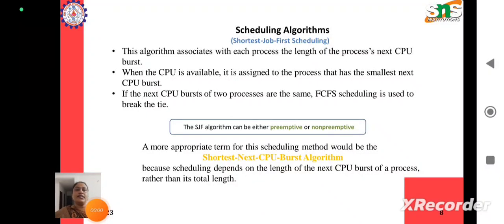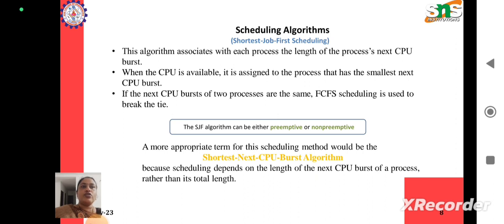In the previous lecture, we have studied the first come first serve scheduling algorithm, and we have seen how it works, and we have also solved some problems in first come first serve scheduling. We also saw that it was very easy to implement, and also that it had some disadvantages. Now moving ahead in this lecture, we are going to discuss the next scheduling algorithm, which is the shortest job